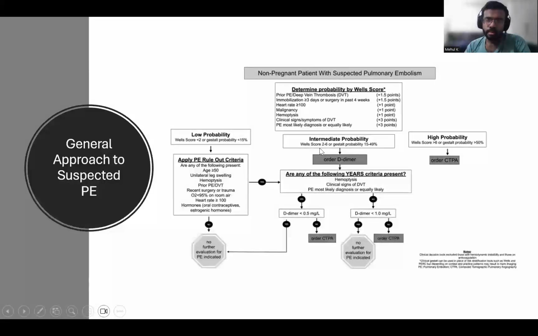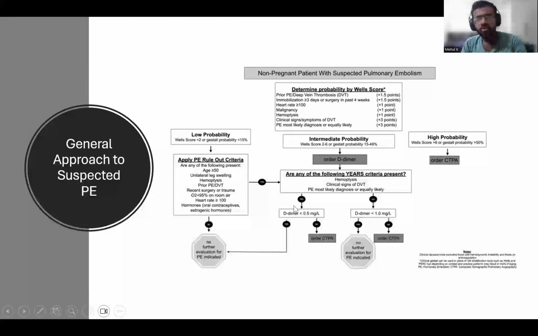Next is intermediate probability. This is where they're actually bringing in the D-dimer, and the cutoff for what you should use is modified based on the YEARS criteria. Lots of criteria have been used for this, but the one that is probably the better one is the YEARS criteria, where you look for three things. One is hemoptysis, second is features of DVT, and third is whether PE is the most likely diagnosis. If it is yes, then